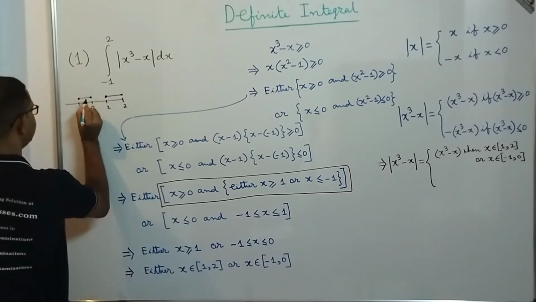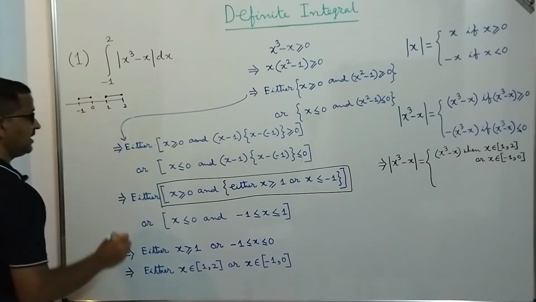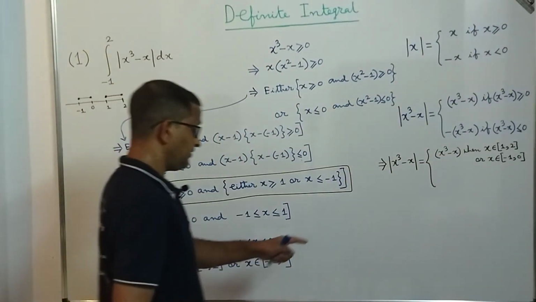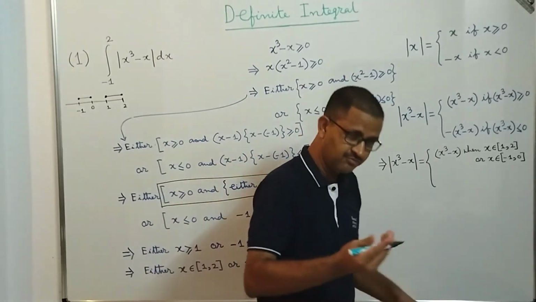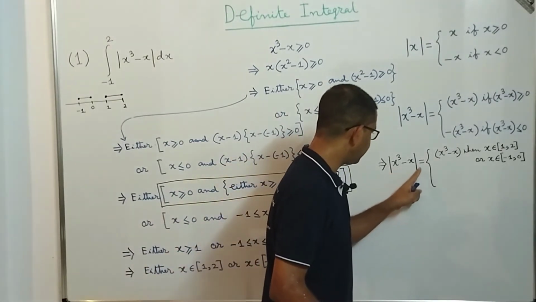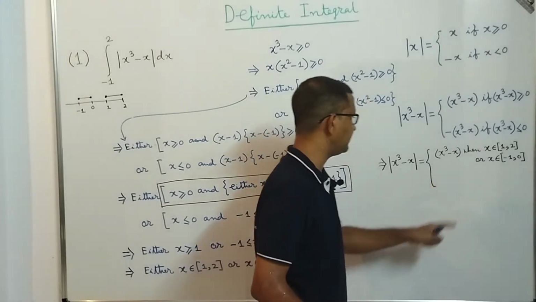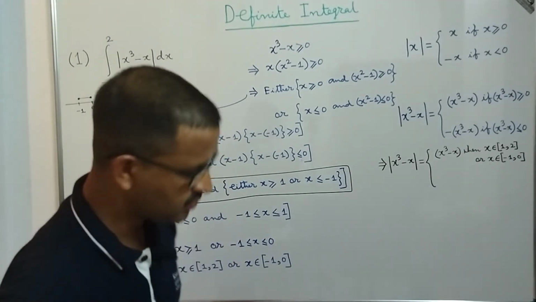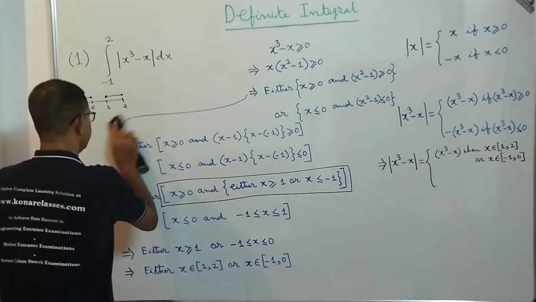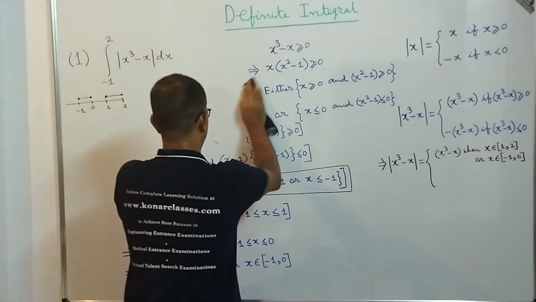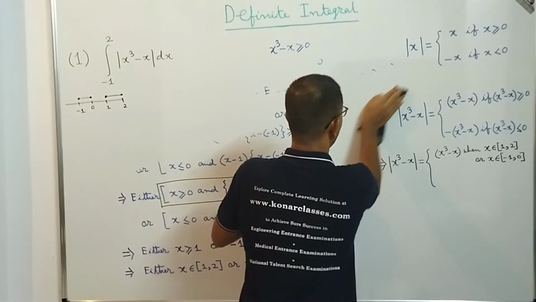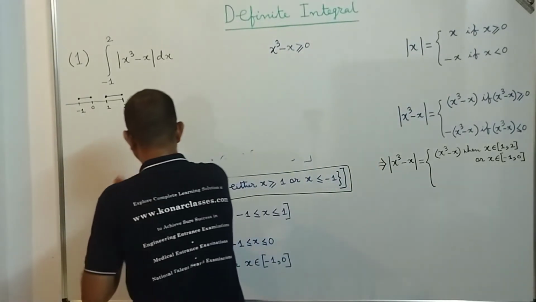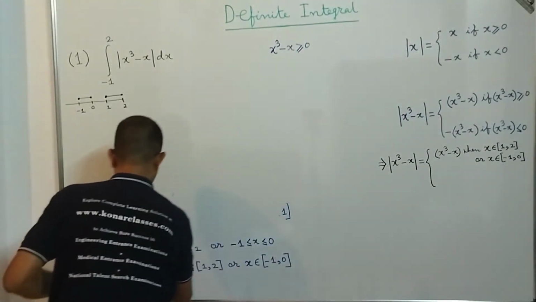In these two branches, minus 1 to 0 and 1 to 2, the definition of mod of x cube minus x is x cube minus x. But we will also derive that mod of x cube minus x would be equal to minus of x cube minus x when x is between 0 and 1, so let's look into it. It is better to work it out in a little elaborate manner, because this fundamental knowledge is very important. So what we are going to do is find those values of x for which x cube minus x is less than or equal to 0.